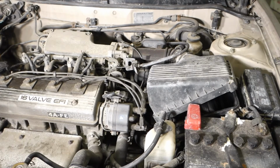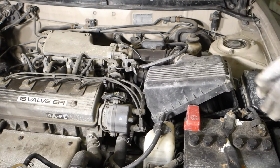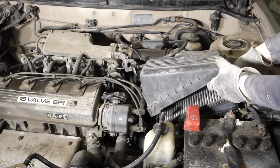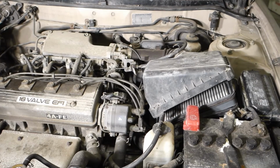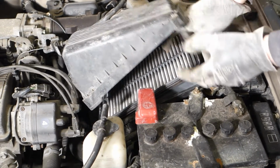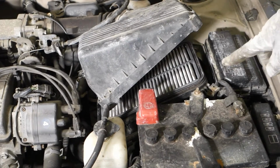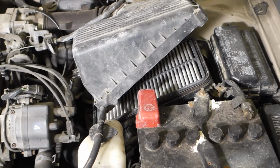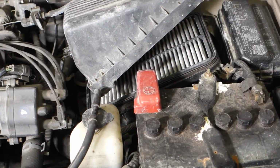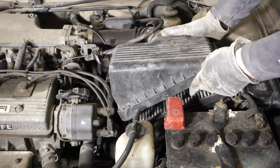When we are installing the new filter back, again in that direction we lift it up a little bit, and then we insert the new filter here, and carefully we move it in so deep that it goes very deeply inside this box. Here we have an issue that it is the wrong way, so I need to lift it up a little bit so that it goes so deep in all areas. This is very important, that the filter must be in very well. Please check all areas that this filter is in well,